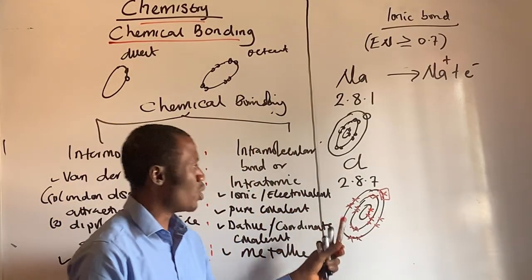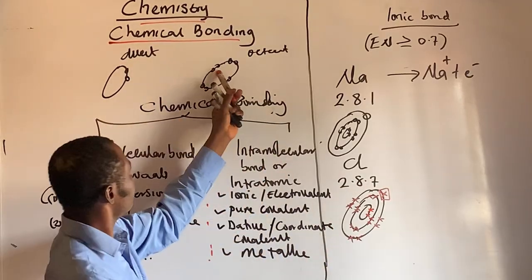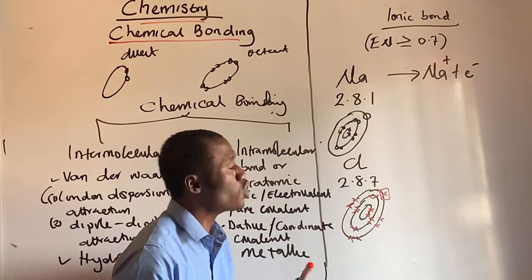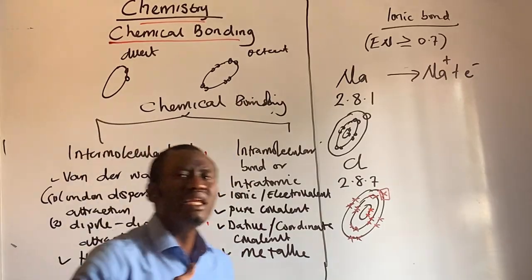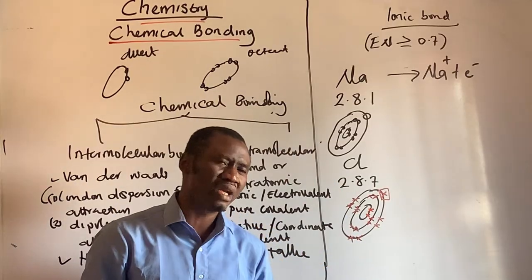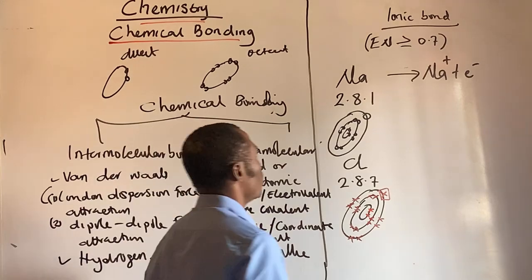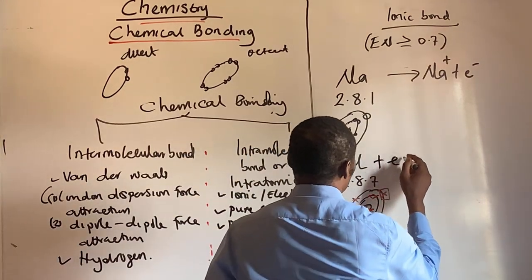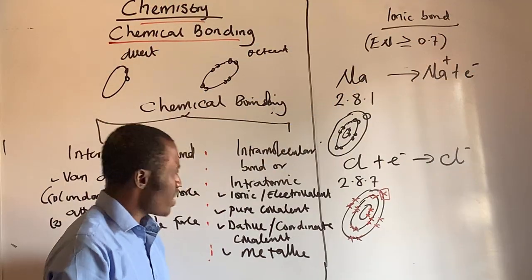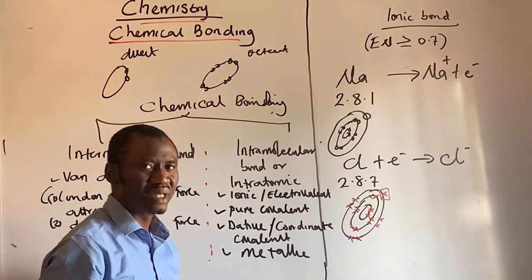Now, if you look at the board, for chlorine to become octet, it needs to gain an electron. For sodium to become octet, it needs to lose an electron. Therefore, ionic bonding or electrovalent bonding will occur between chlorine and sodium. So chlorine gains the electron and becomes negatively charged. All right, without much further ado, if you have some textbook on how to combine these two together,